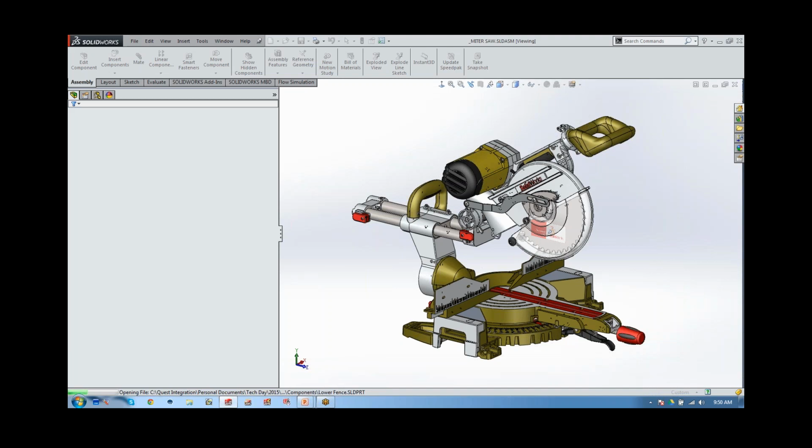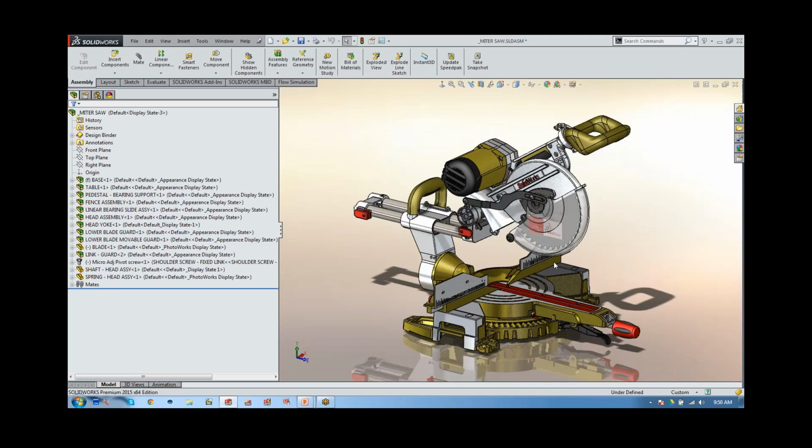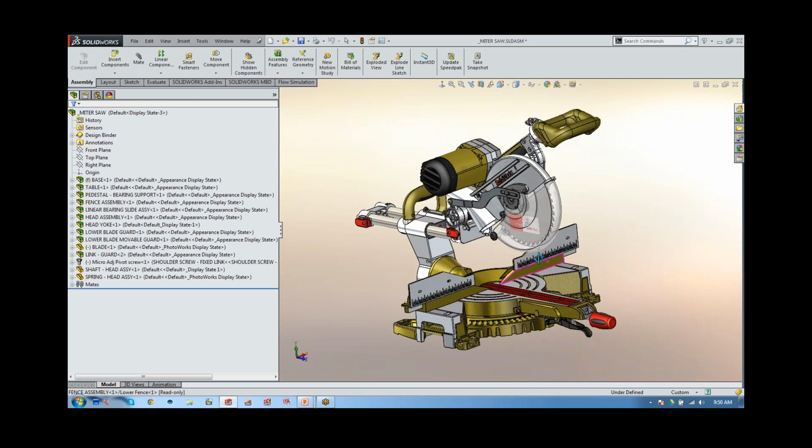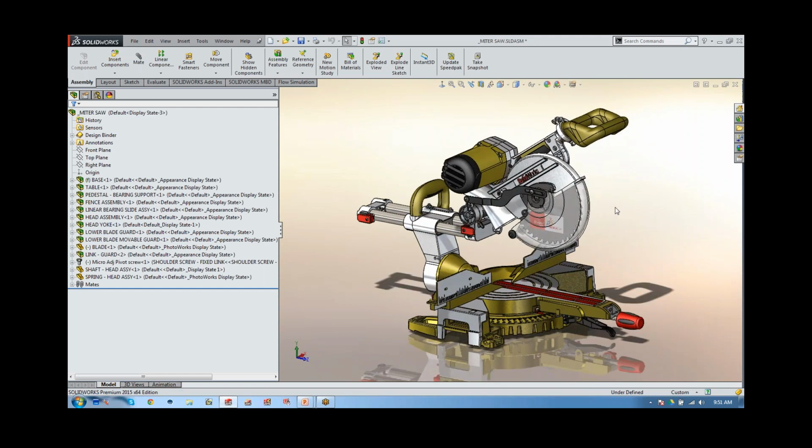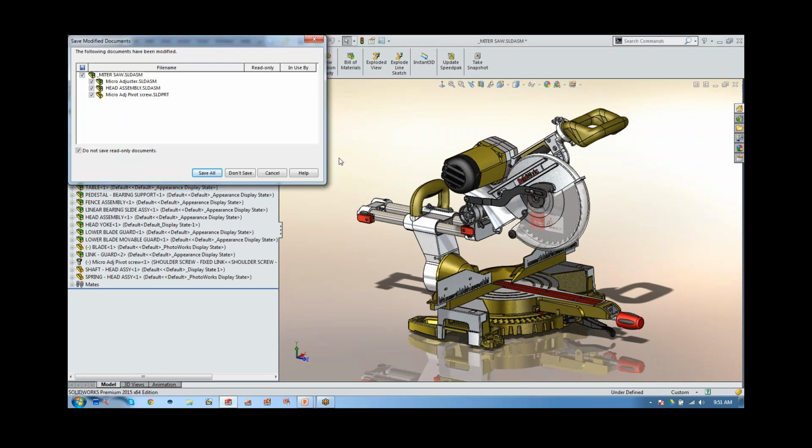And I want to show this simply because I also want to open this same assembly using large assembly mode and lightweight mode, just to show the difference in time there that it takes to fully load the model and start working with it. So we're almost there. Perfect. Now I can start rotating that. So you can see that took quite a bit of time. Not too many components here. It's quite detailed, but took quite a bit of time. 30 seconds seems like 5 minutes sometimes. Let me go ahead and close this,